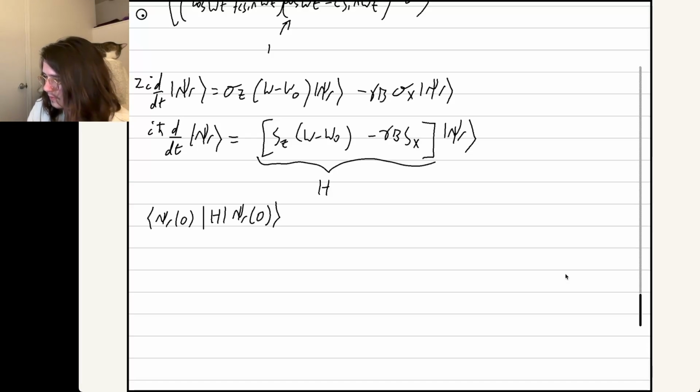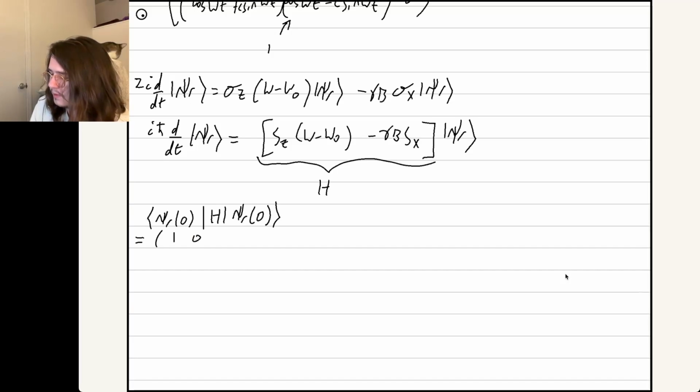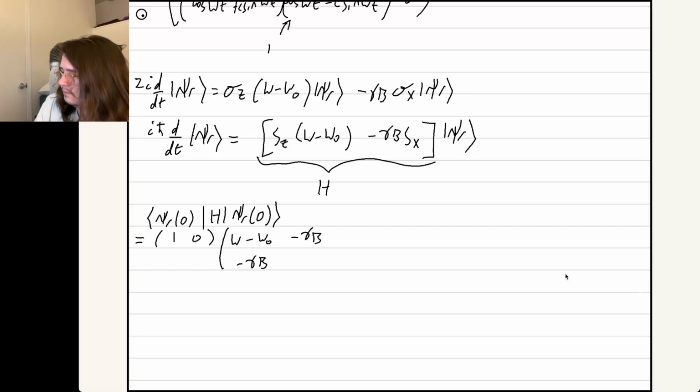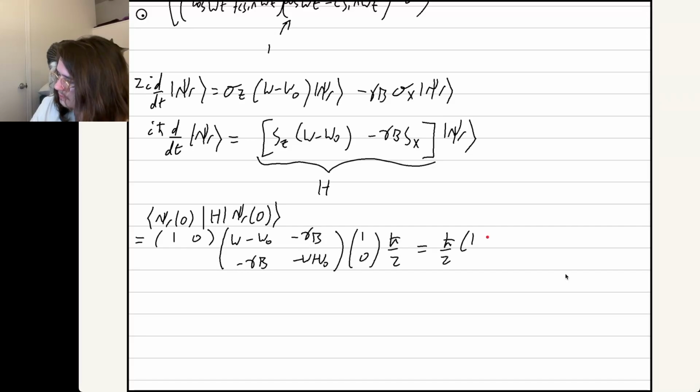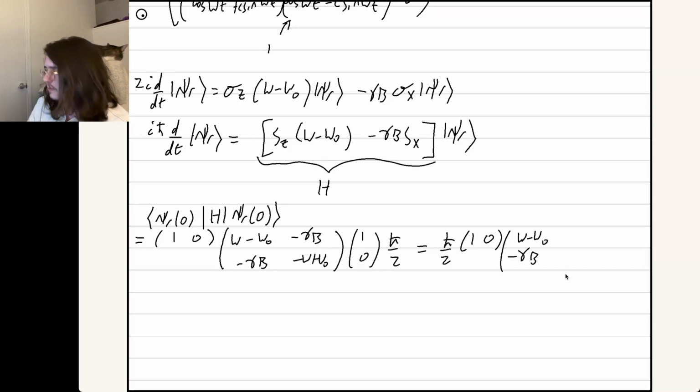So expanding our Hamiltonian into matrix notation and writing our initial state in column vector notation, we have this stuff, minus gamma b, minus omega plus omega naught, initial state, h bar over 2, which is just h bar over 2 times the row vector times omega minus omega naught, and then minus gamma b, and so it's just h bar over 2 times omega minus omega naught,